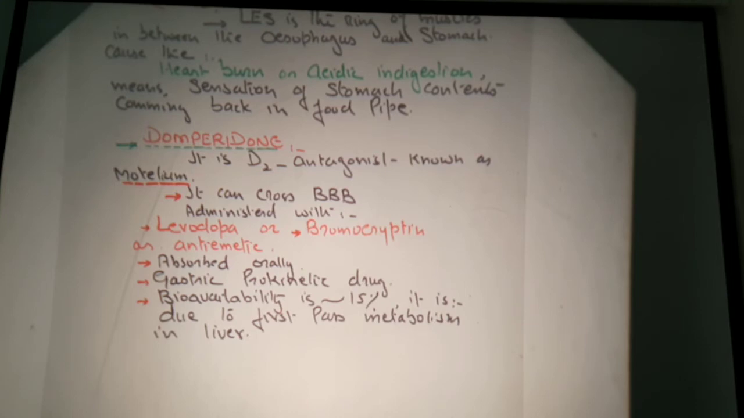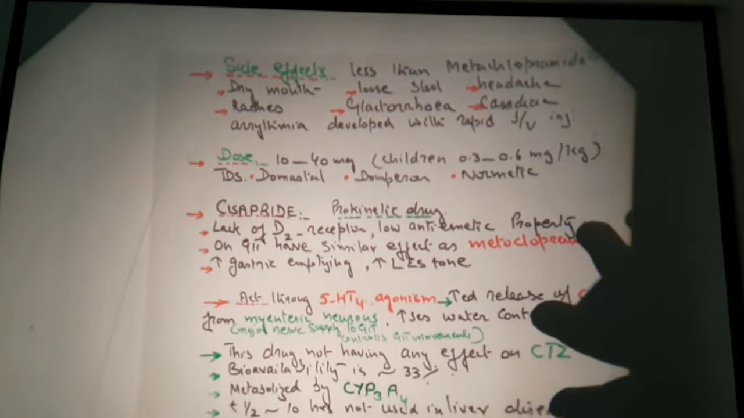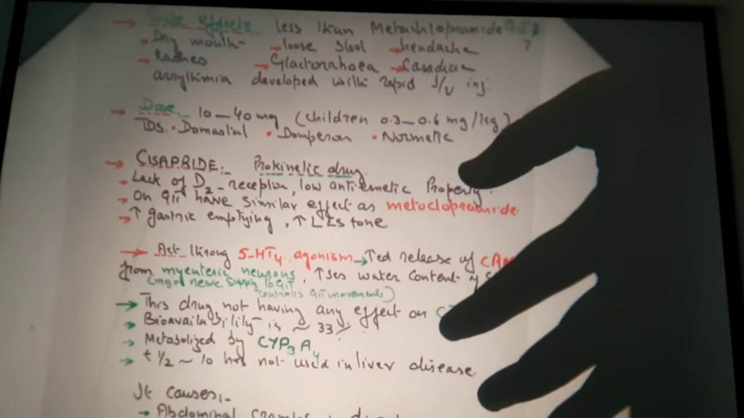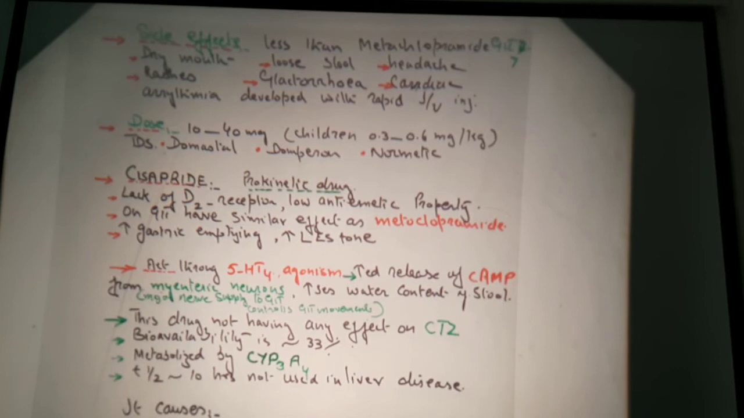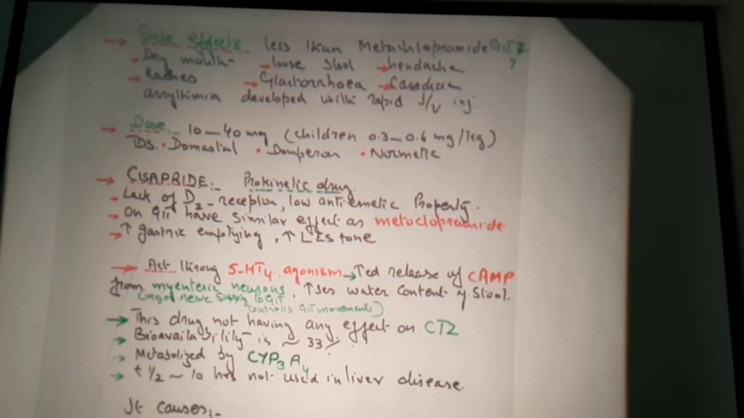Bioavailability is nearly 15%. It is due to the first pass metabolism in the liver. Now, first pass and second pass, you may know about this, how the drugs are metabolized by first pass and by second pass. Now, the side effects, less than metoclopramide: dry mouth, loose stool, headache, rashes,